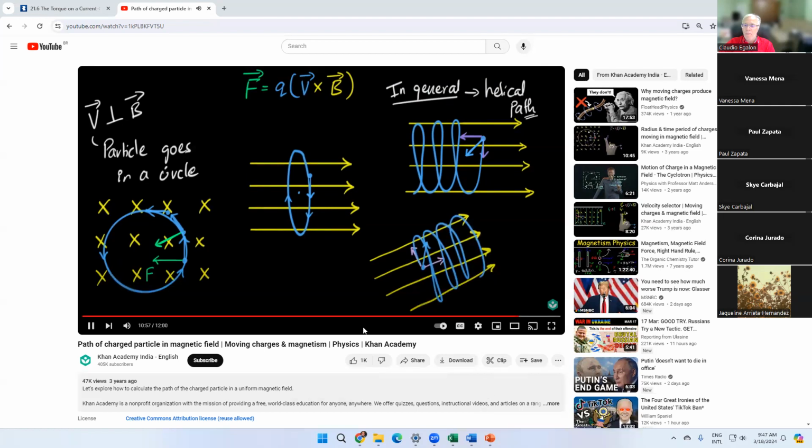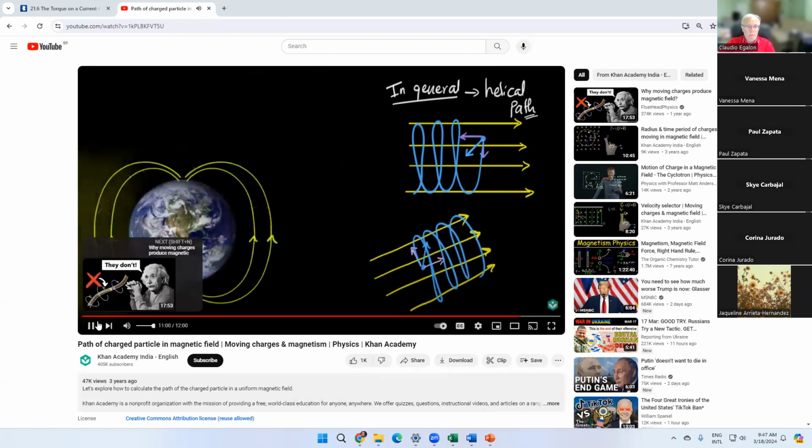All right, now let's see why we only get auroras at the poles. What's the application of this type of motion? There is a very nice application for this type of motion. So you got the idea, right? You get a helical path if the velocity vector of the charged particle has a component that's parallel to the magnetic field. And there is a very nice application of this knowledge to the case of auroras that we observe nearby the northern latitudes.